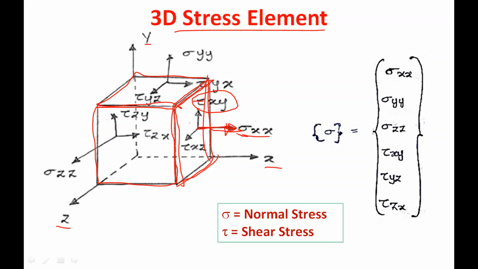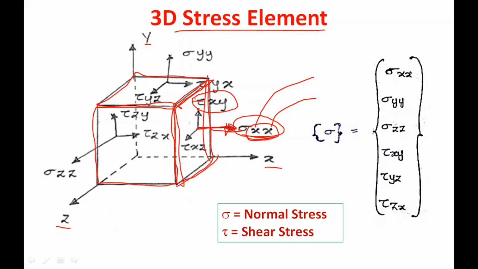How to denote the normal stress and the shear stress? Now for that we are using two subscripts. The first subscript denotes the plane on which the stress is acting. So here the plane is x plane. Then second subscript denotes the direction on which the stress is acting. Sigma xx denotes a stress is acting on the x plane and along the x direction. Then this xx represents it is a normal stress. So your plane is x plane, direction is also x direction, then it denotes the normal stress.